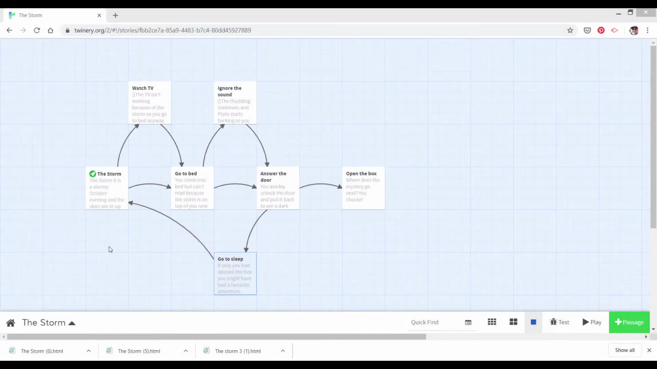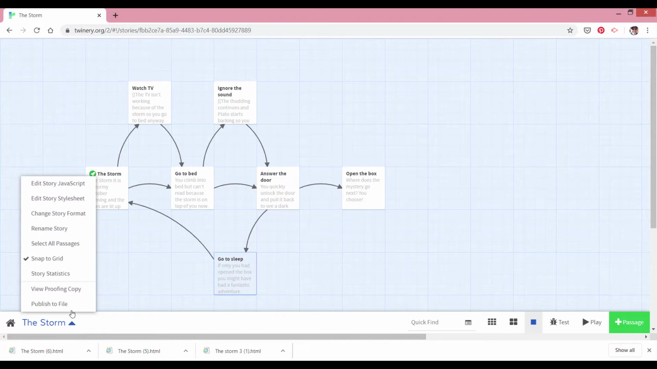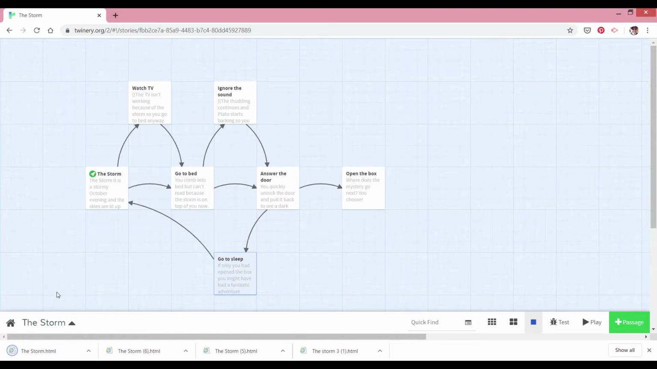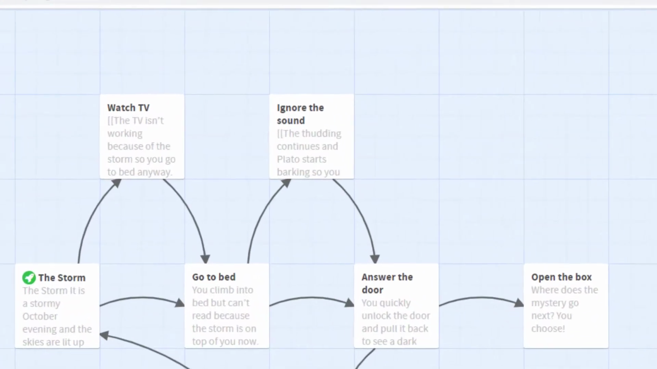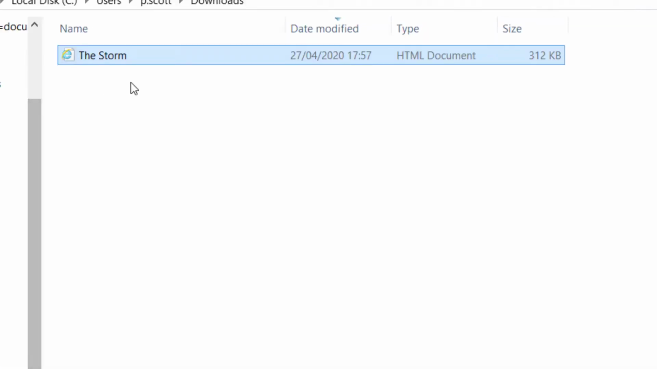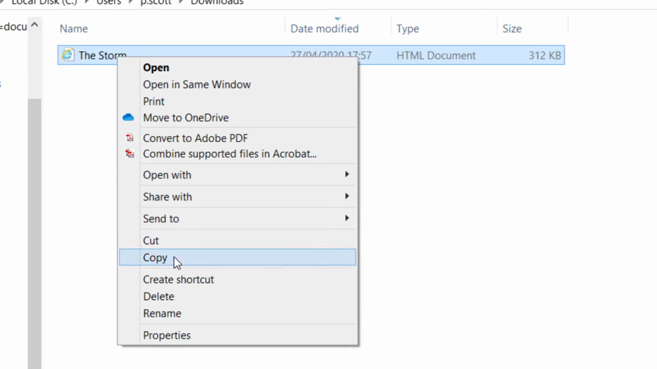So now I've finished, I'm going to go back down here and I'm going to publish my file again. And remember, this goes in the downloads. So if I just open that and go to show in folder, you can see here I've just emptied my downloads so you can see it clearly. That's the file. Now if I want to put that somewhere safe, I can just right click and copy that,